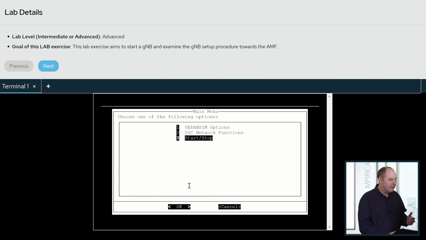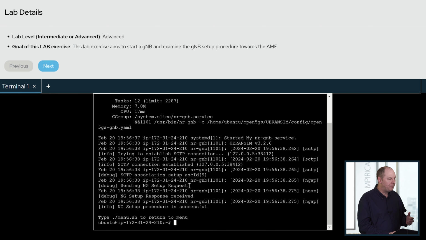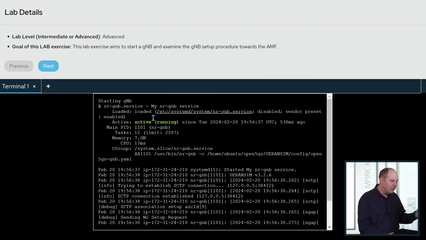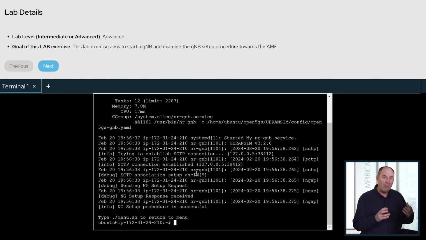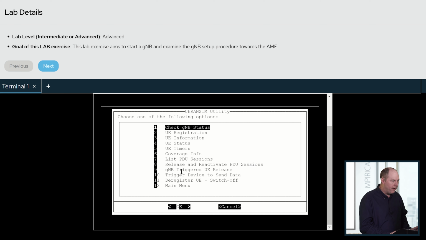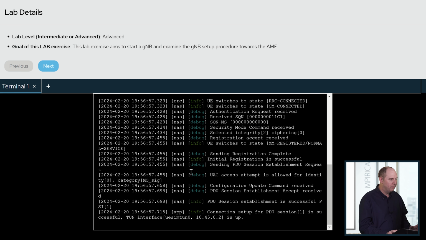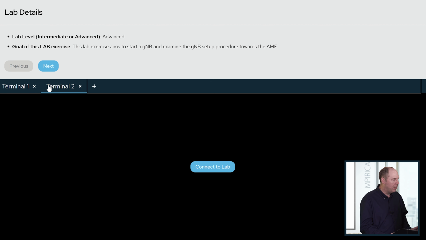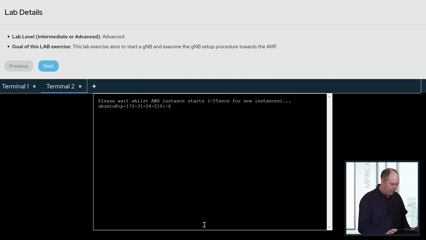We've got the ability to start the base station. And at this point, you can see the base station has been started. You can see some interaction. Now, I will point out in some of the lab exercises, including this one, you'll be capturing that as a Wireshark trace and doing some analysis on it. But we also have the ability to do various procedures like trigger the registration procedure. So you can see the device going through the various stages of registration, security, triggering a PDU session in this example as well. And more so, using multiple terminal windows, we have